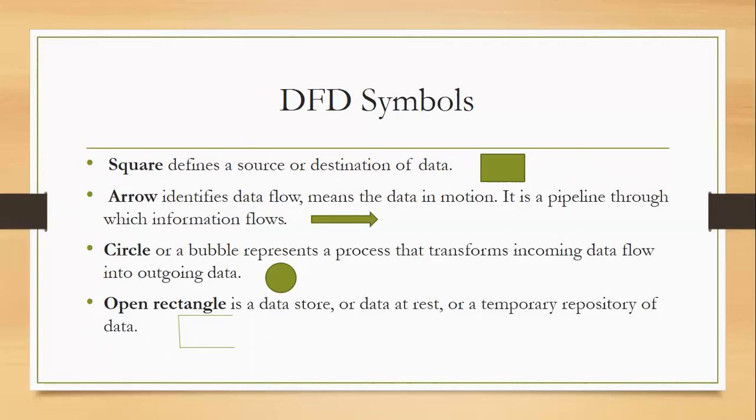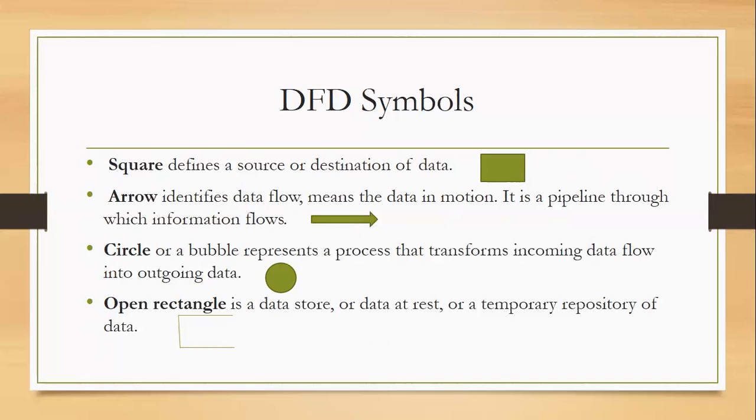To reach from one place to another place, or we can say from one module to another module, we need to flow the data, and that data flow is done with the help of the arrow symbol. It is also called a pipeline through which information flows. So with the help of the arrow we represent the data flow. After that, a circle or a bubble is a process that transforms incoming data flow